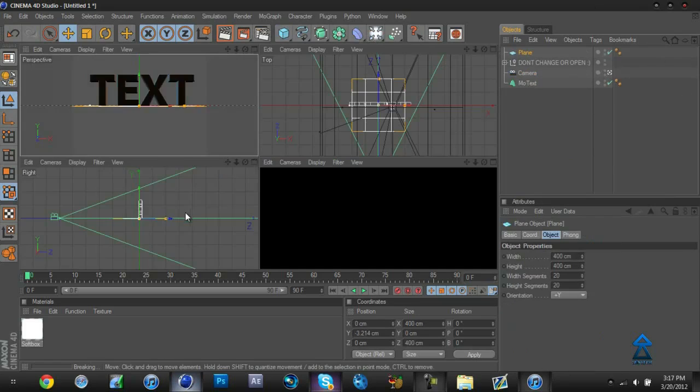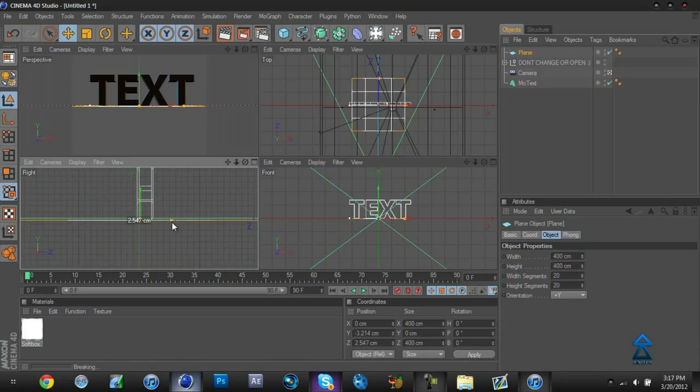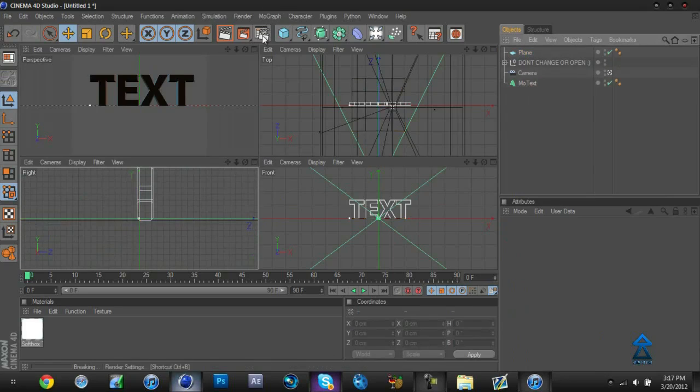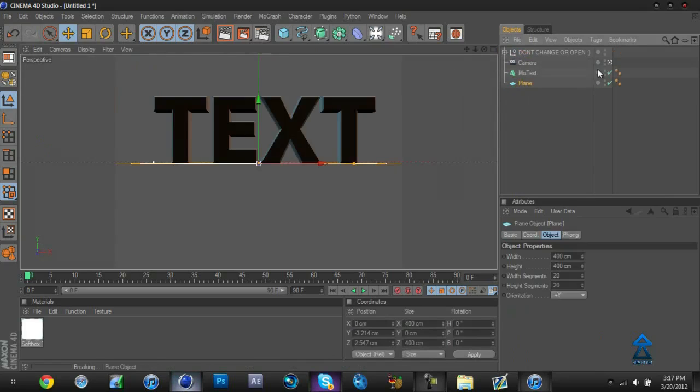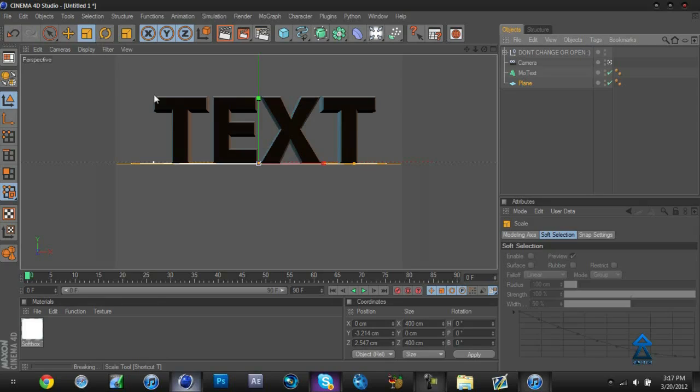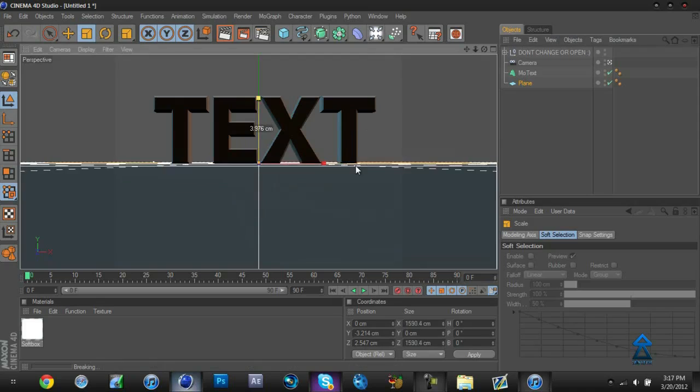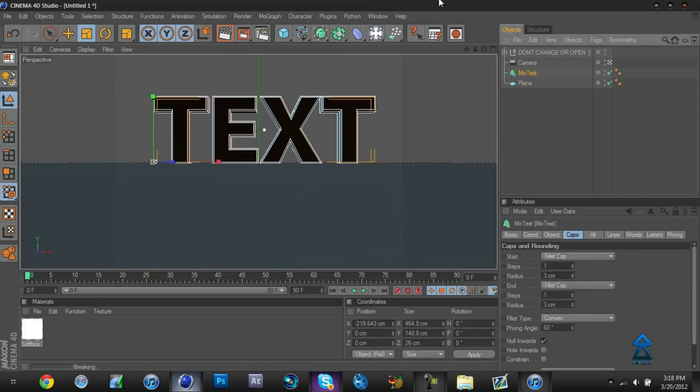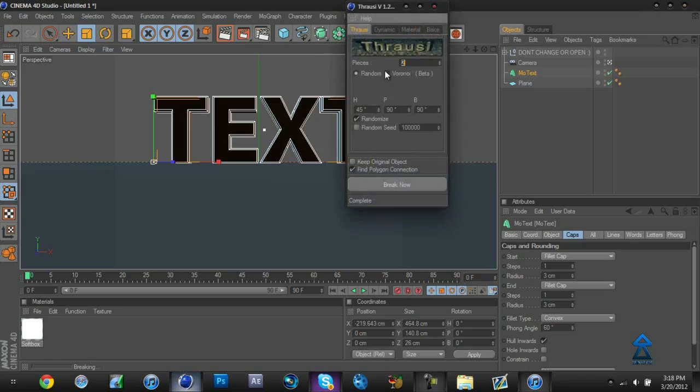Let me go to one of my viewers and make sure the plane is right below it. Okay, and let me stretch this out a little bit. When we select the text, go to plugins, Drowsy, and this is a third-party plugin, but it's free. I will put the link to get it down in the description. It's very easy to get, and it's free. So you just want to press Drowsy, and for text, I'm going to break it into 30 pieces,